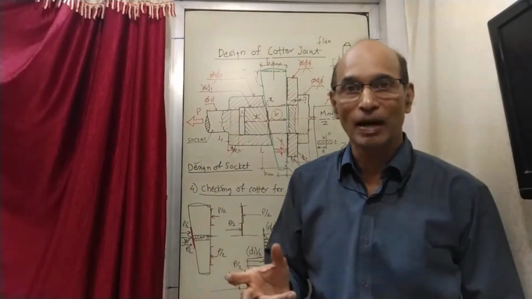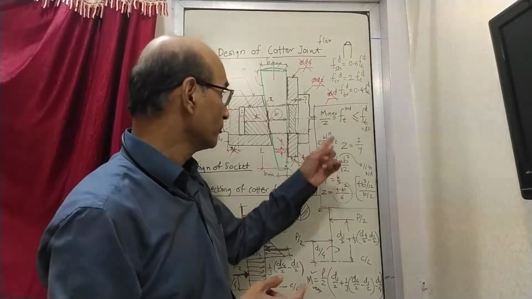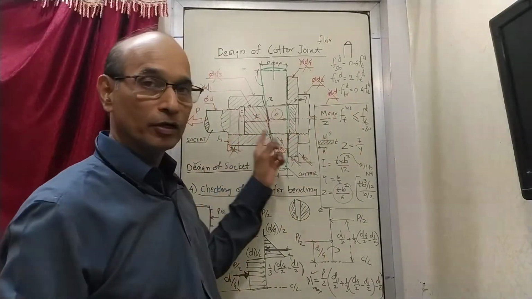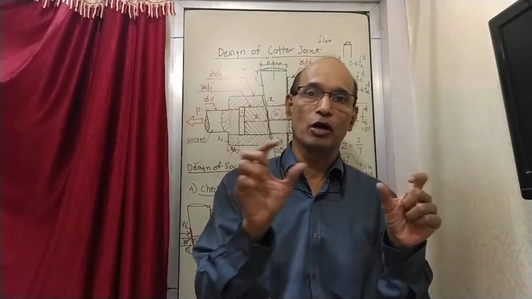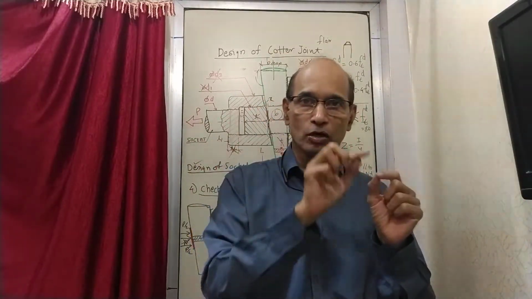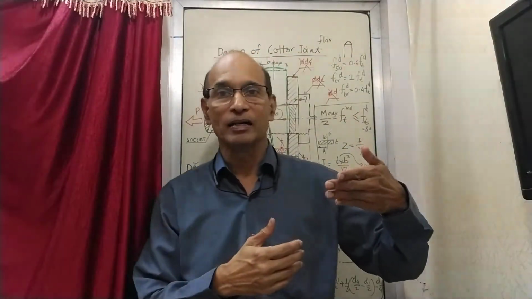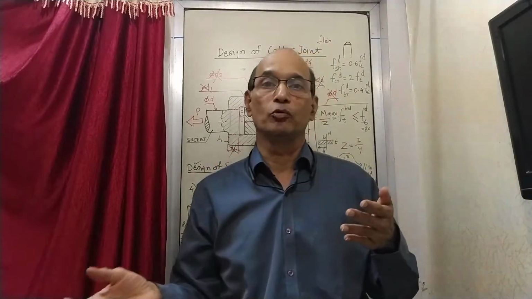How will you make these three parts? You have to refer to some drawing. So you have to prepare a detailed drawing of the spigot, a detailed drawing for the socket, and a detailed drawing for the quarter. All three drawings of the three parts you have drawn, and on these drawings you have to mention what D1, D2 etc. are, so that whoever is making that part will be able to see the drawing and make the part.